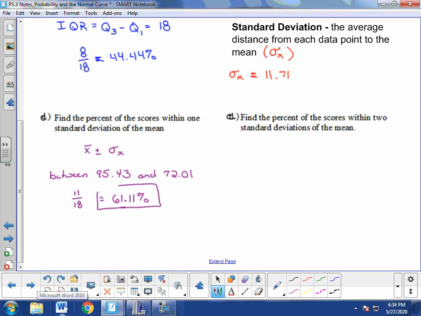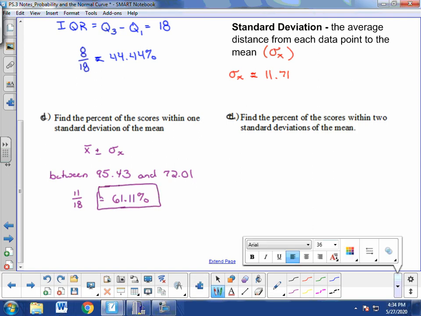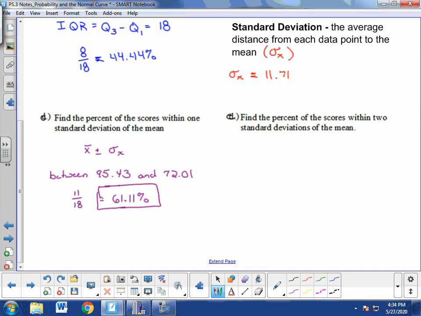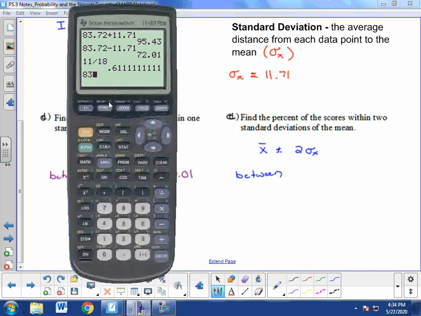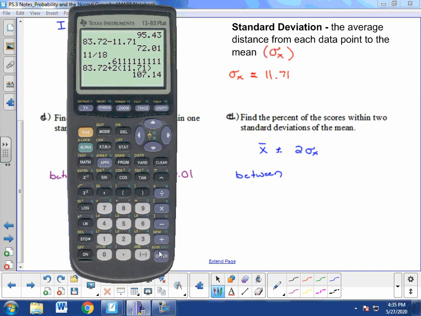We can do the same thing in E and figure out what percent lie within 2 standard deviations of the mean. So now we're going to take x bar, the mean, and we're going to add and subtract double the standard deviation. So then we are going to be looking for scores that are between two values again. In this case, I'm going to take the 83.72, the mean, and then I'm going to add 2 times 11.71. I'm doubling the standard deviation. So that's going to be between